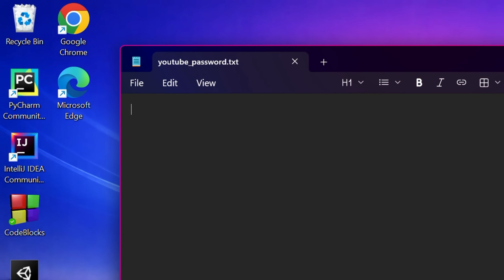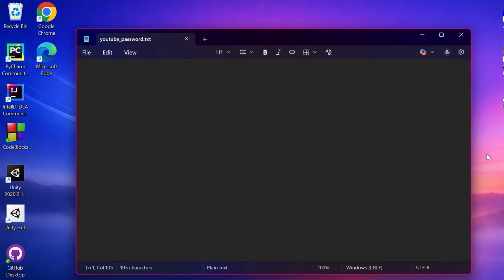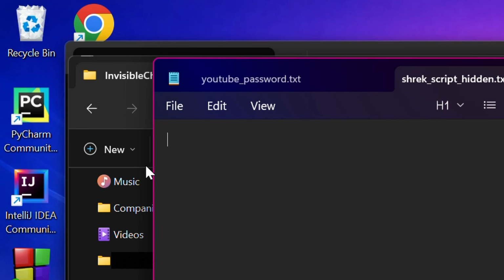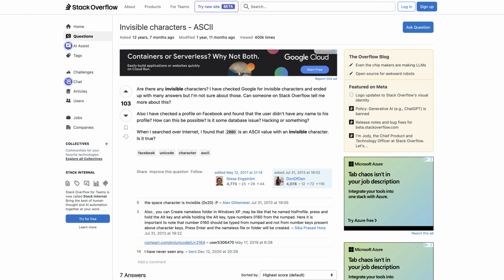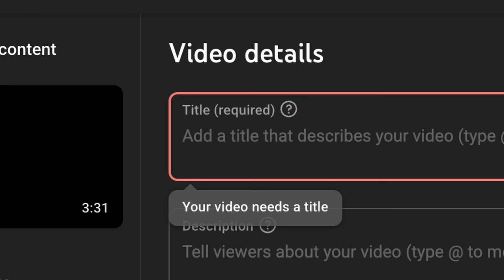This seemingly empty text file contains my real YouTube password. Don't believe me? Let's run through my decoder. And there's my password. If I take this other empty file and run it through my program, I get the entire script for Shrek. Now the key to this illusion is invisible characters, and in this video, I'm going to